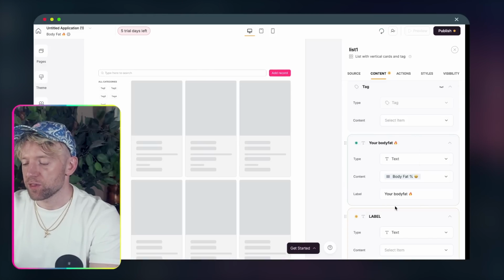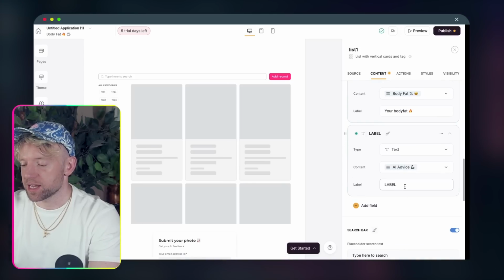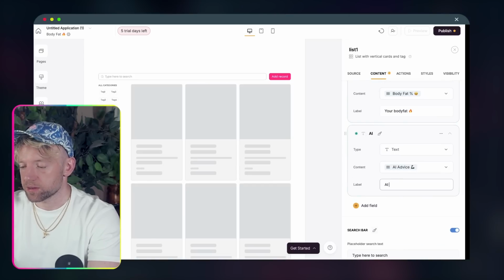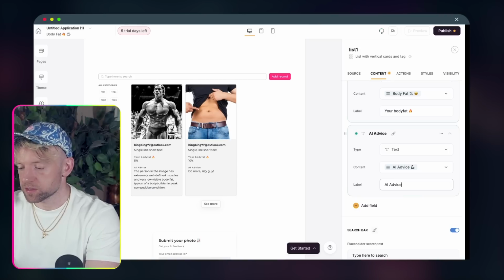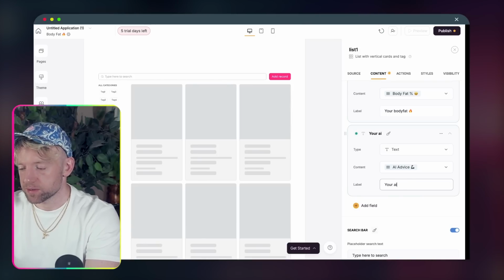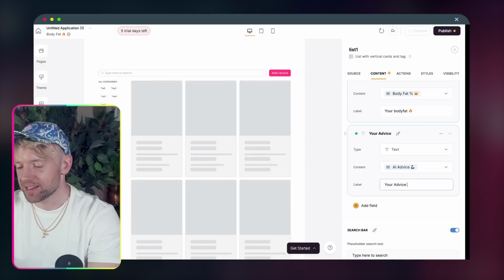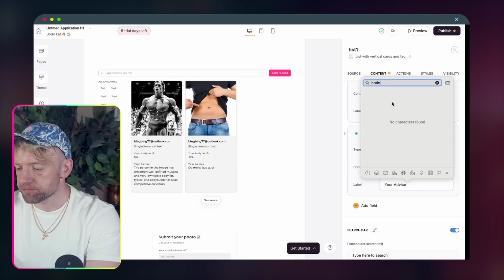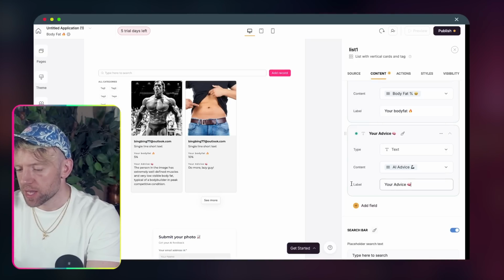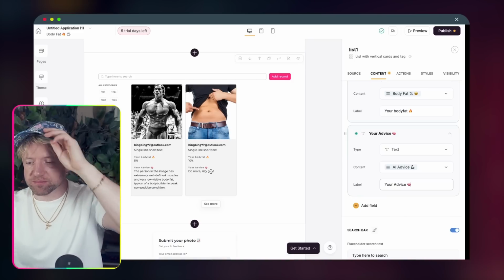Then add field, another text. Again, text, content is going to be AI advice, and the label will be AI advice. Oh, actually, we've got your PT advice. Or AIP. Actually, just call it your advice, yeah. I'm getting too into detail. Your advice with a little brain emoji. Okay, awesome. And you can see right there, your body fat, 5%, your advice,